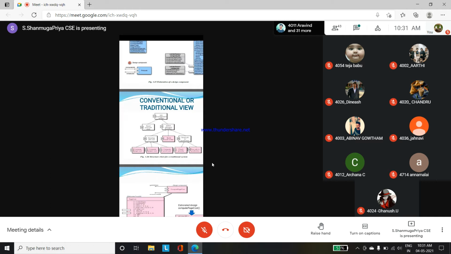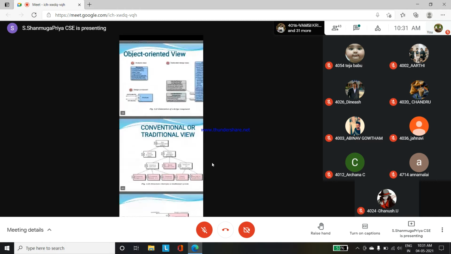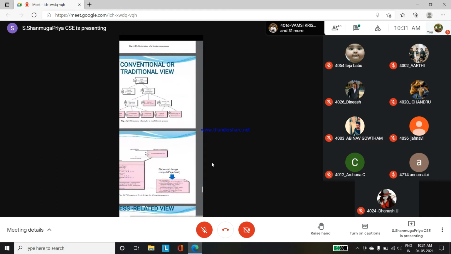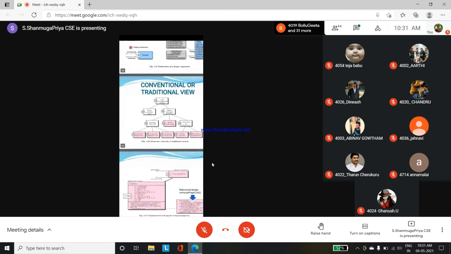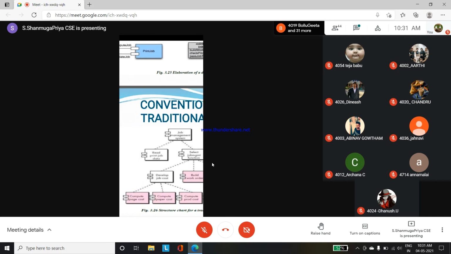Just we are using that same example, the print job example. In the traditional view, this is how they use a box, and we represent this box in this way.